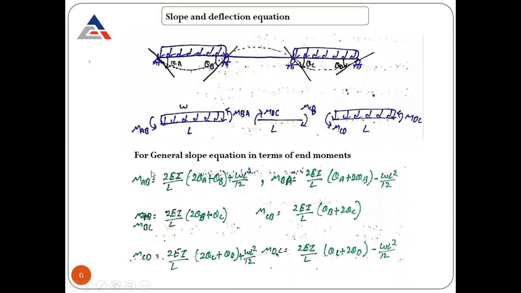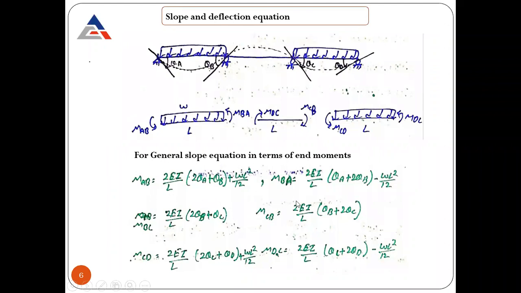So here the bending moment MAB is represented in the form of theta, loading, length of the member, and properties of the member. Each and everything is mentioned in this. Let me put more light on this particular equation. EI is the property of the material, which lets us know the cross section as well as the property of the material. L lets us know the length of the span. Theta, the slope, can be mentioned in the form of MAB, and W, the load, is also mentioned. Each and every aspect of the member is represented by this equation.